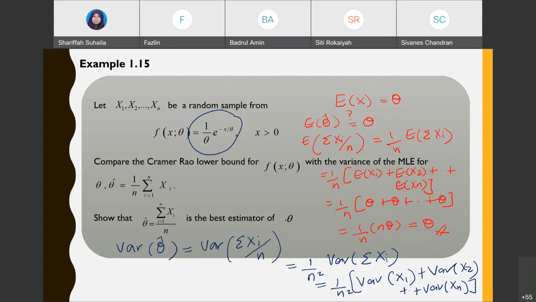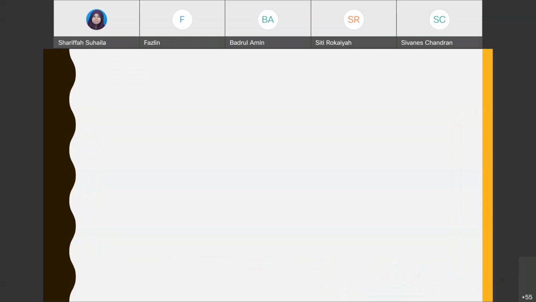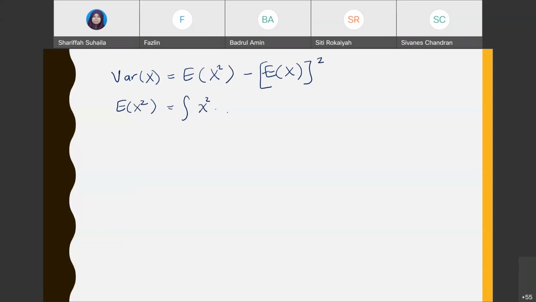The long way: okay, EX we already know, theta. So now try to use the basic formula for variance. If you can, remember the basic formula, because I don't give it in the list of formulas, since it is very basic, especially for the physical examination later. If it's online, you can still search through Google. Okay. This one, variance x equals EX square minus EX square. So try to get what EX square is. Let's do the long way. X square, 1 over theta, exponential negative x over theta, dx,